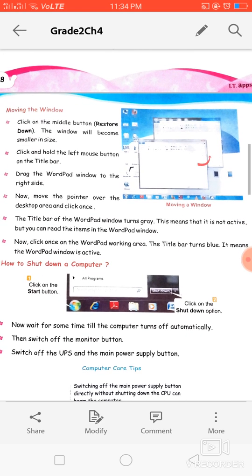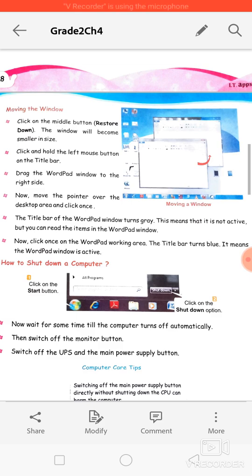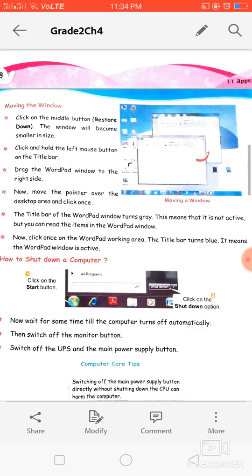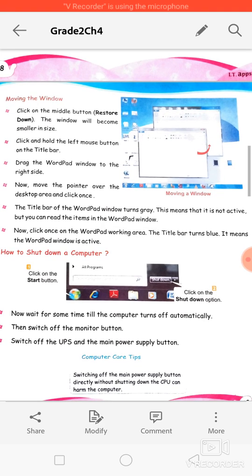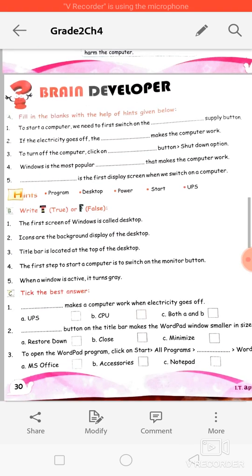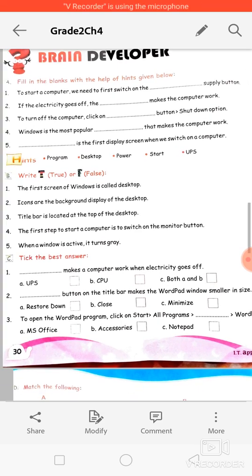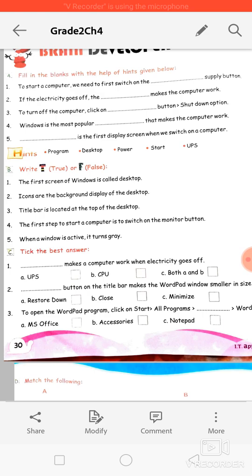So when the window border is gray, it means it is not active. If the title bar is gray, it means the window is not active. So the fifth one is false. When a window is active, it turns blue, not gray.